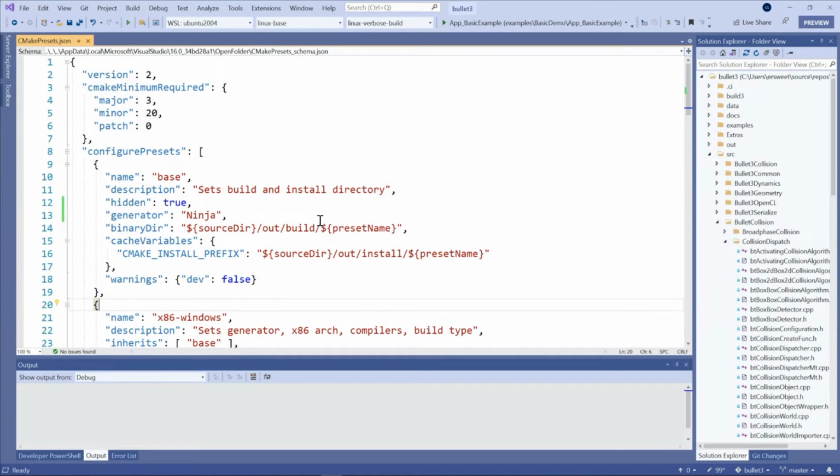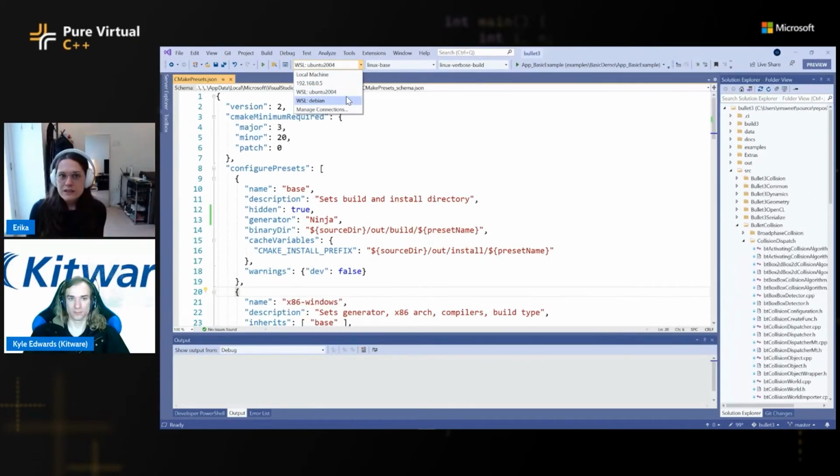So I could configure and build using the same x86 Windows configure preset that I was just showing from the command line. But in this case, I'm actually going to configure and build on WSL. So you'll notice that there are 3 dropdowns across the top of my screen here in the menu bar. The dropdown on the left is my active target system. And this is the system where CMake will be invoked to configure the project and build. So I could use my local machine. I can use a remote system that's connected over SSH, or I can use any WSL installation that Visual Studio picks up on. The dropdown in the middle indicates my active configure preset, and the dropdown on the right indicates